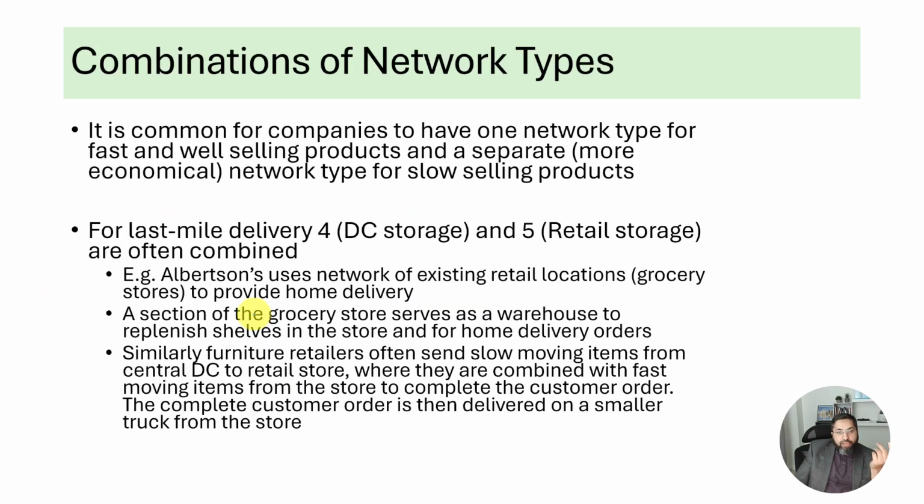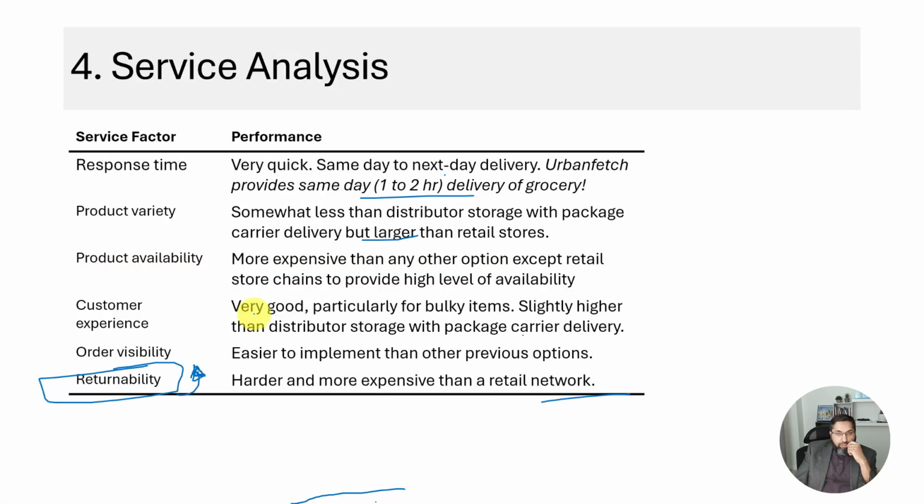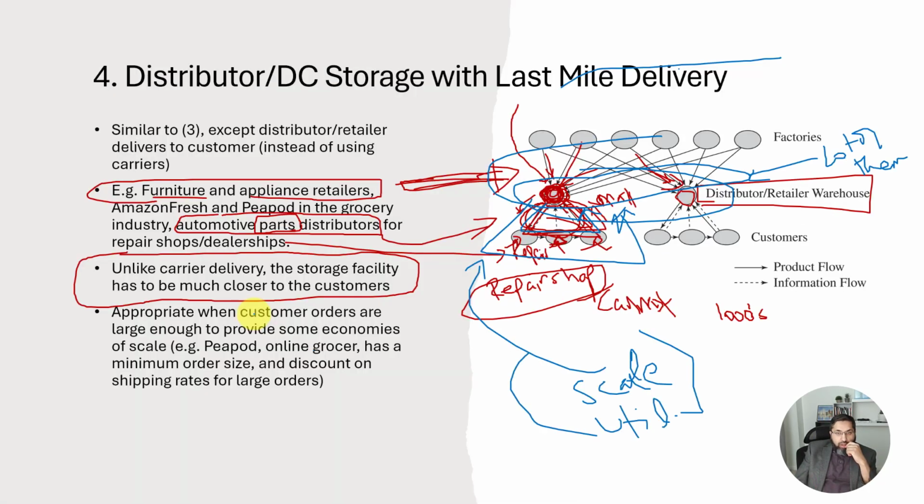Now, this is the thing I told you, that companies will sometimes combine different networks for different segments of products. They'll segment their products and say, for this product segment, this is the type of network I'm going to use, and for this product segment, another network. So for example, I said Amazon.com may do number 4, this one, for